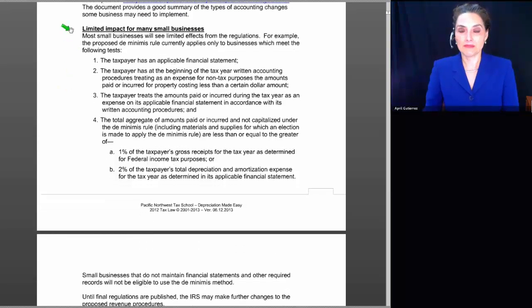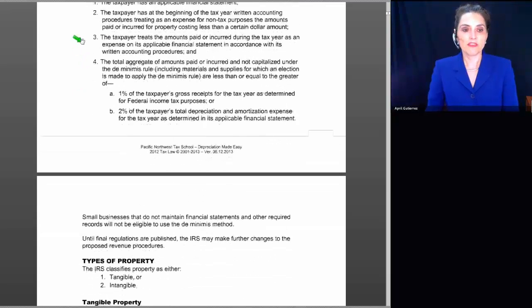There is limited impact for small business as a result of these changes. Most small businesses will see limited effect from the regulations. For example, the proposed de minimis rule currently applies only to businesses that meet the following tests. Number one, the taxpayer has an applicable financial statement. Number two, the taxpayer has, at the beginning of the tax year, written accounting procedures treating as an expense for non-tax purposes the amounts paid or incurred for property costing less than a certain dollar amount. The taxpayer treats the amounts paid or incurred during the tax year as an expense on its applicable financial statement